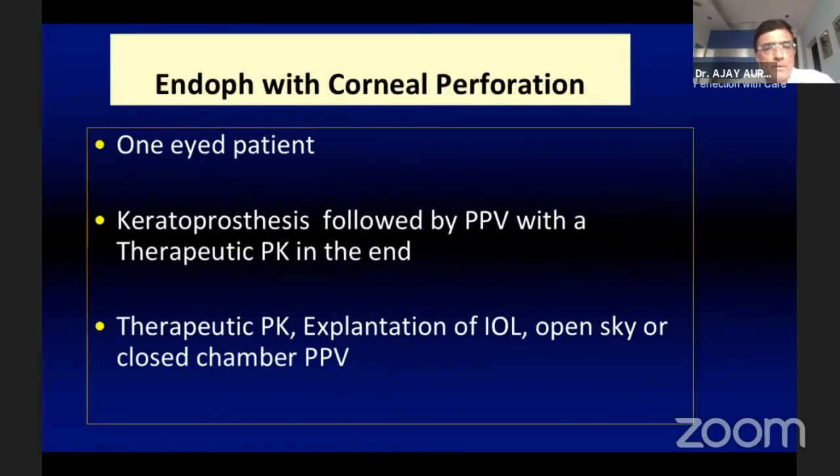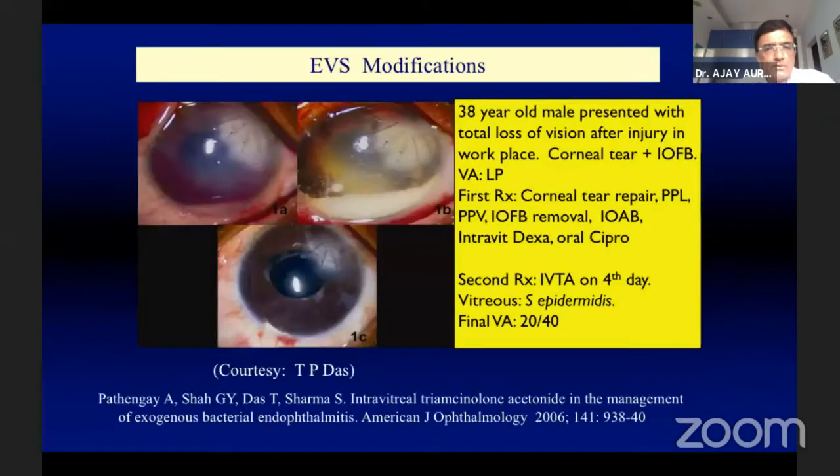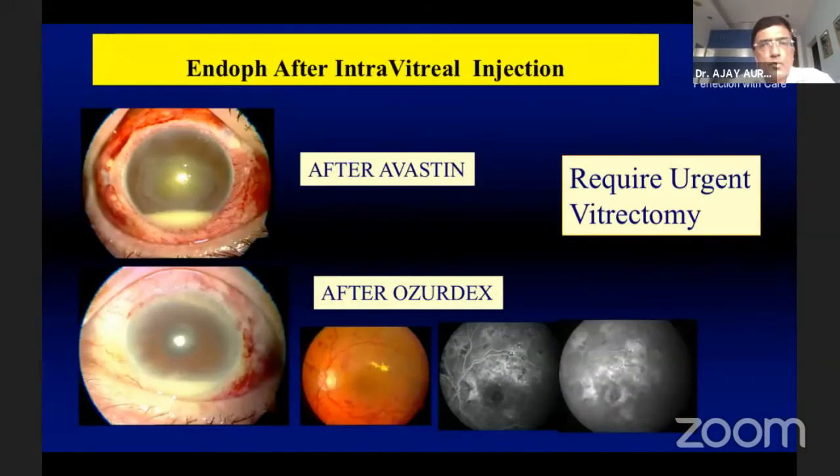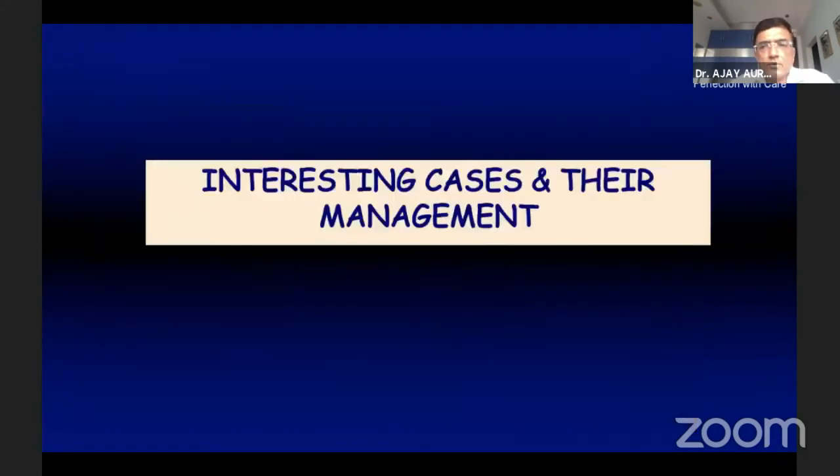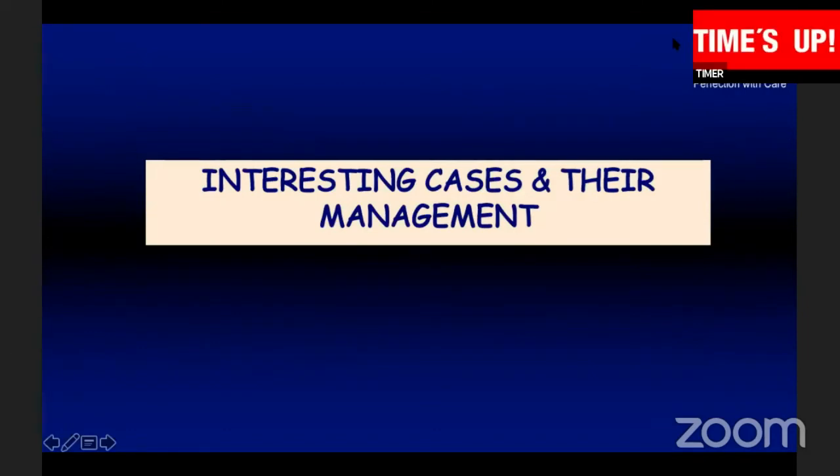End off with corneal perforation. We have done this in 2 cases where the keratoprosthesis was used, subsequently with therapeutic PK. And you sometimes have to eviscerate the eye. These are some of the reported cases where you can do a corneal tear repair in endophthalmitis and other cases. You can also have endophthalmitis after a vaccine injection, after Ozurdex, and these cases would require